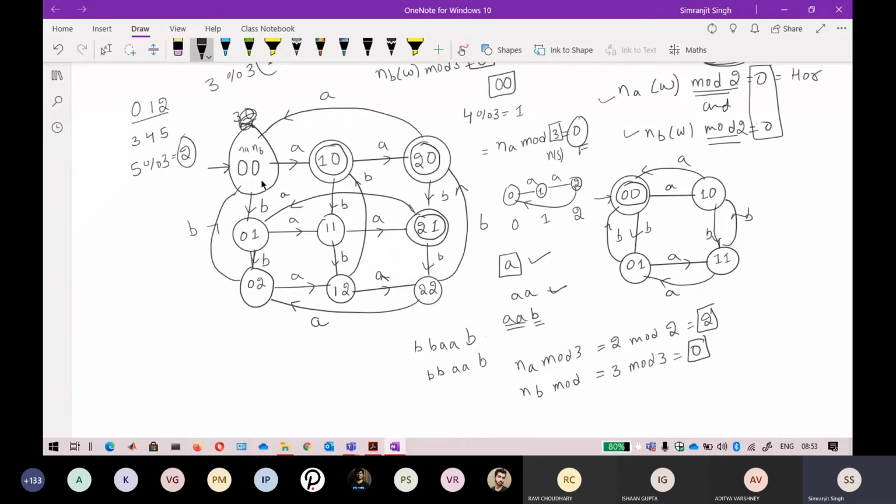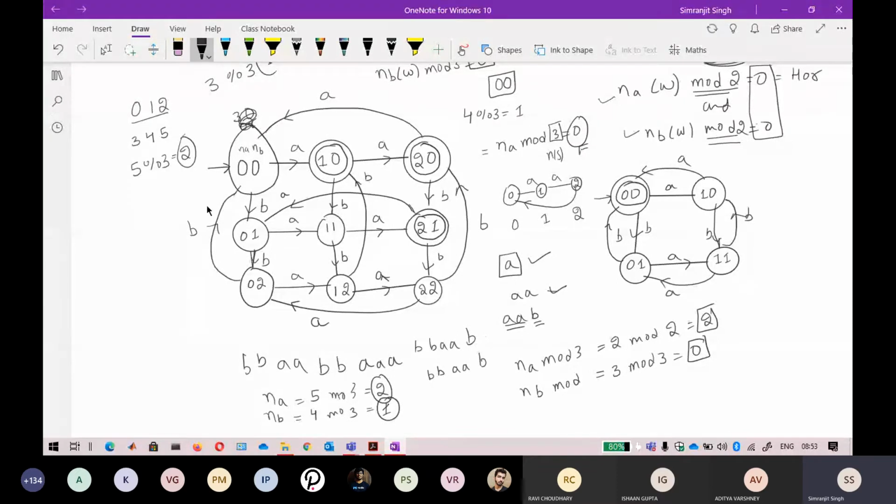In the same way, you take any path. Okay, so B B, I will take a longer path. B B A B B B B, and then again I take another path A, and then A. Okay, so now what you do, count what are the number of A's, and then count what are the number of B's. 1 2 3 4 5, number of A's are 5. 1 2 3 4, so the number of B's are 4. So take a modulus of both of these with 3. So this will be your 2, and this will be your 1. So the number of A's mod 3 is greater than number of B's mod 3.